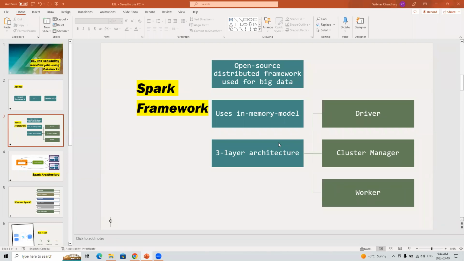I'm not sure, but the architecture goes like this: the user will submit the code, the driver gets initiated, and then the cluster manager comes in place, and the cluster manager will give the driver the worker nodes, and the driver and the worker will communicate after that. So that is it for the framework. It's very high level. There's a lot of things going on in the background, which I'll share the links for. Okay, so do not worry.